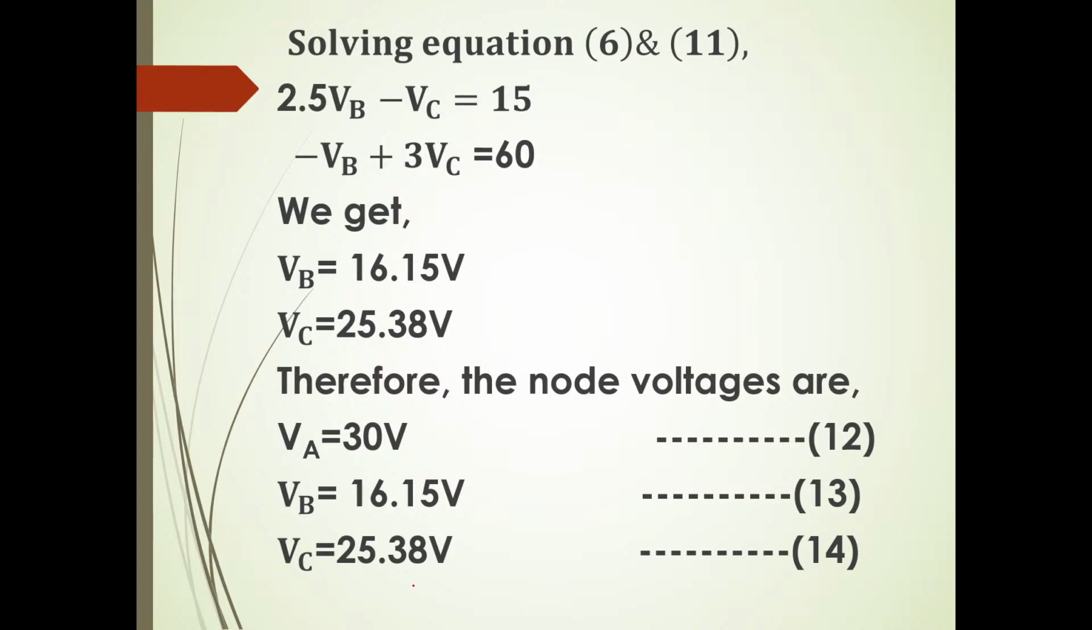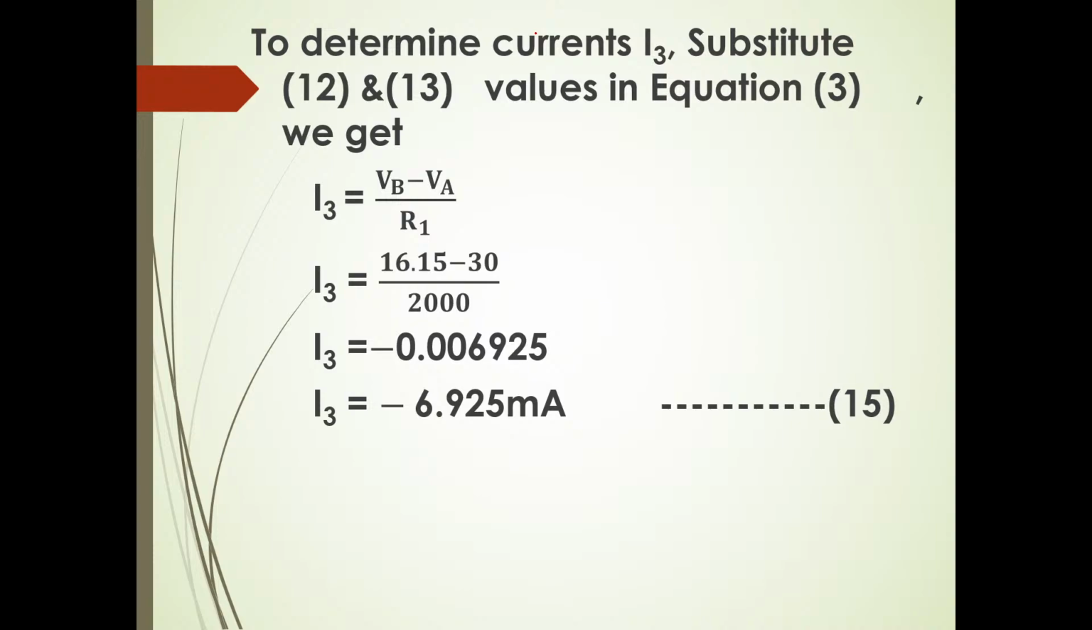I hope you have written. I am just moving to the next slide. Now we know the node voltages. What are our node voltages? VA, VB, VC. VA is 30, VB is 16.15, and VC is 25.38. So now let us